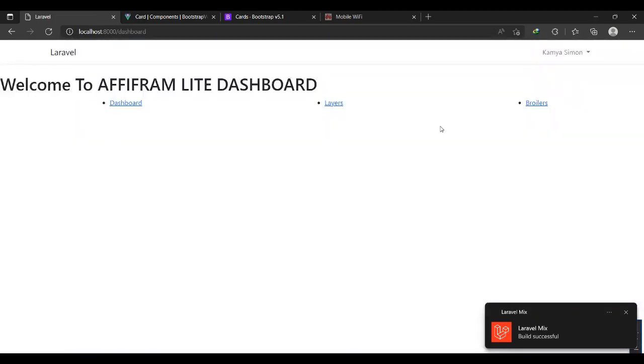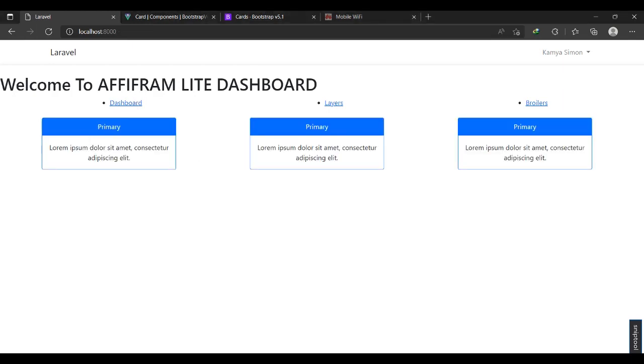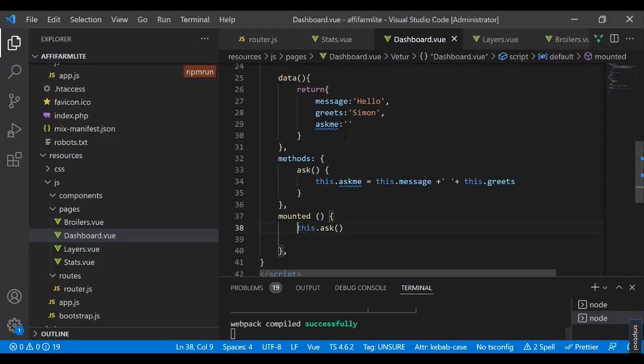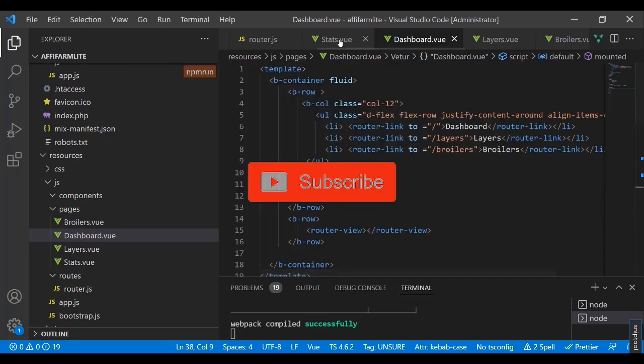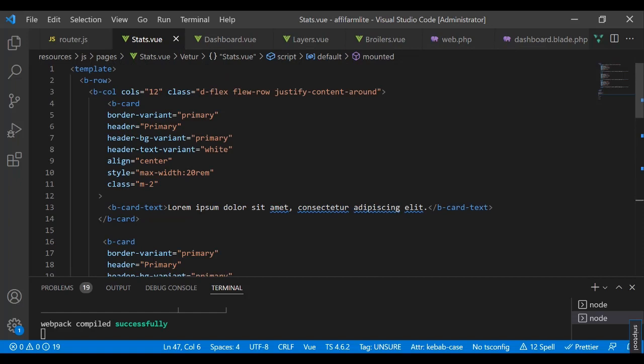because I haven't even touched statistics. So we're going to record statistics of the number of birds we have. I'm going to put number of layers, number of broilers, and then mortality, things of the sort. So we're going to go to our stats. Then we add that. I think the first, which will be the title and the variant, should be included. So the header should be, for example, for this one,